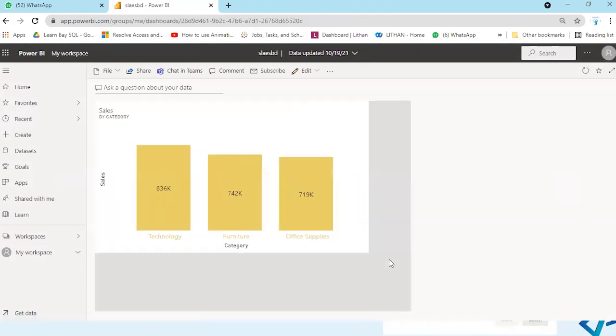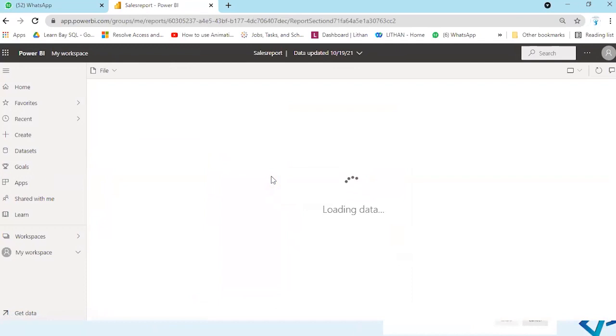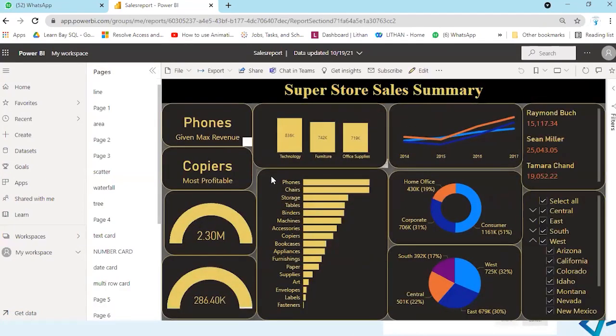Right, so this is your visual which has been taken, and like this you can take visuals from multiple reports and put them into the dashboard, right? But if you click over here, you will go back to the report from where this visual has been taken. And this is the biggest drawback of dashboards in Power BI, that dashboards are not dynamic or interactive by default. So in Power BI, most of the time we will be using the Power BI reports. Dashboards are used only when we need to see the static view. Although there is a solution for creating a dynamic dashboard, I think that will not be much useful.